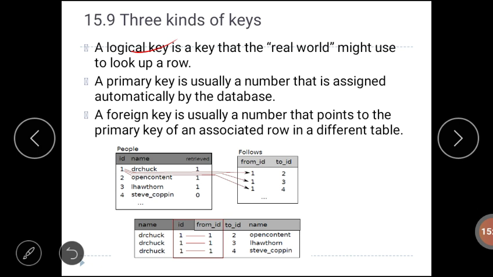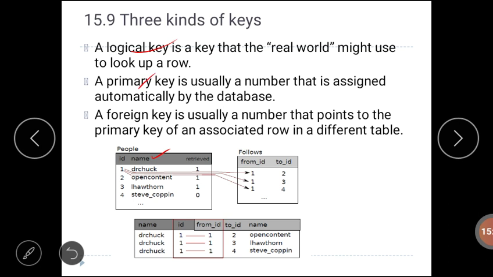In this example, the name field is a logical key. It is the screen name for the user, and we indeed look up a user's row several times in the program using the name field.